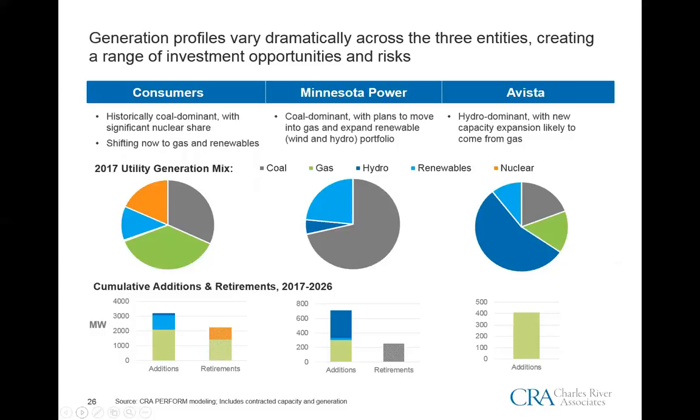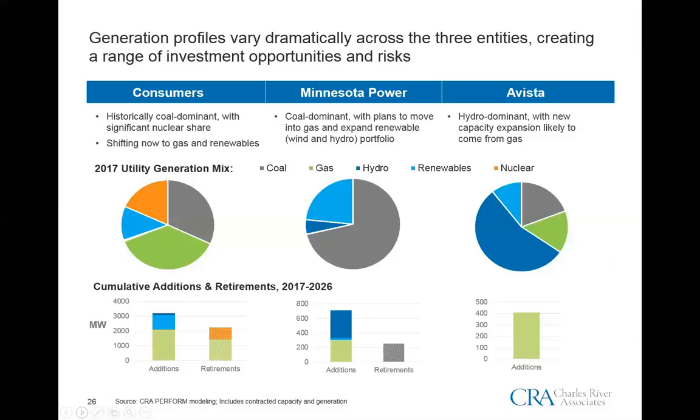Minnesota Power in the middle has quite a different existing generation mix. As I mentioned, it historically was and continues to be very coal dominant. They've had a growing share of renewables, primarily wind, and they have an objective to move from 75% coal to maybe more in the order of 30 to 40% coal. In order to do that, they have plans for some retirements and then some additions to bring gas into their system for the first time, and to bring in some new renewables, including some large-scale hydro through PPAs for Manitoba.